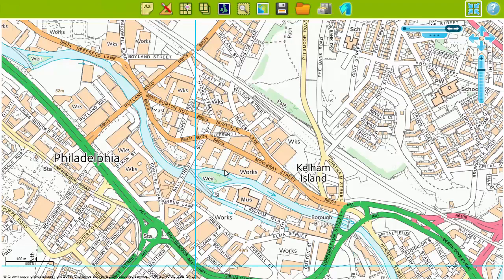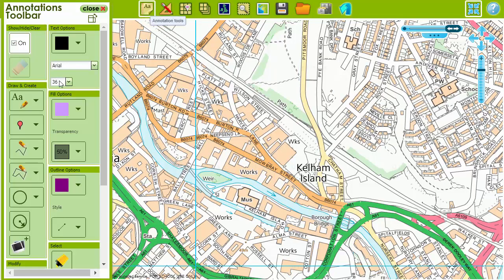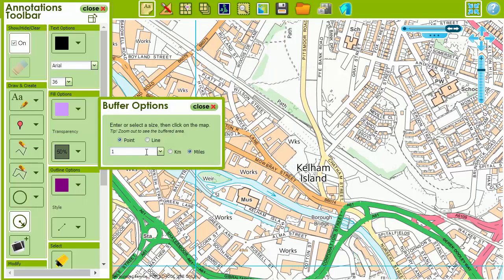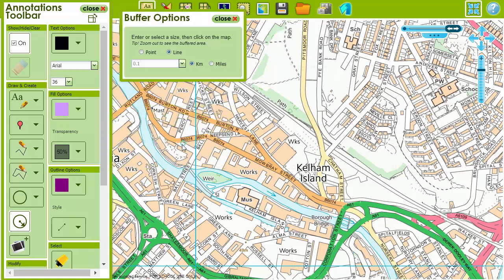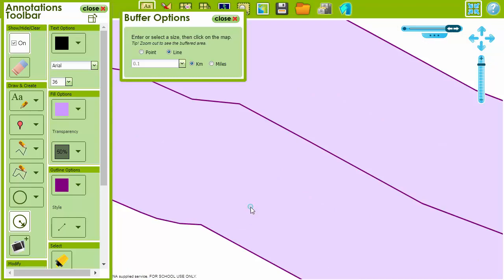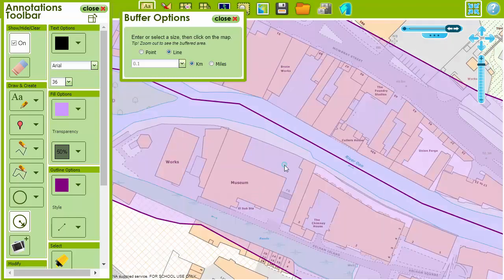You can also add line buffers. Let's add a line buffer along part of the River Don in Sheffield city centre to explore possible flooding impact. Select the buffer tool, the line option, and enter the size of the buffer. If I input 0.1 kilometres, that will add a 100 metre buffer on either side of the line I draw. I draw my line, double clicking to finish, and you can see the buffer. If I zoom in, I can see more clearly the areas that could be affected if the river was to